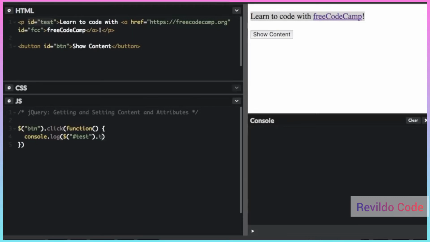use the .text method. This will get all the text within the paragraph tag, but it will not get any HTML within the paragraph tag. So let's see what that does. So if I click show content,